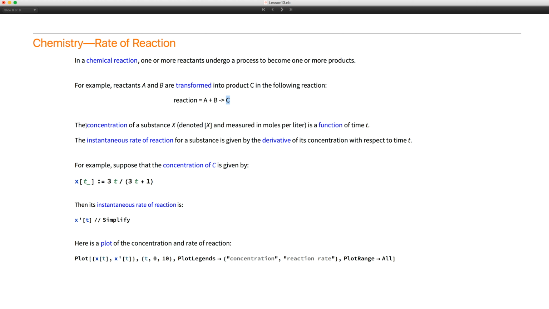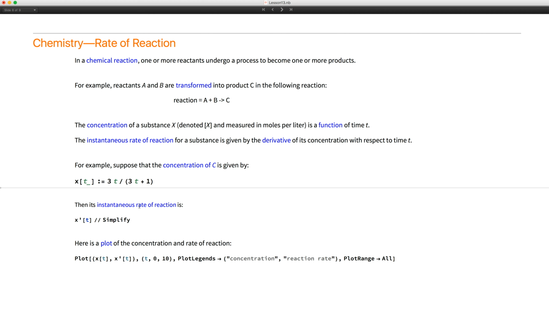So one talks about the concentration of any of these in moles per liter, and then that concentration is of course a function of time. As time goes by, for example, A and B might decrease in quantity and C might go up in quantity. So in that case, the rate of reaction at an instant is given by the derivative of the concentration with respect to t. So for example, suppose that the concentration of C is given by 3t over 3t plus 1,